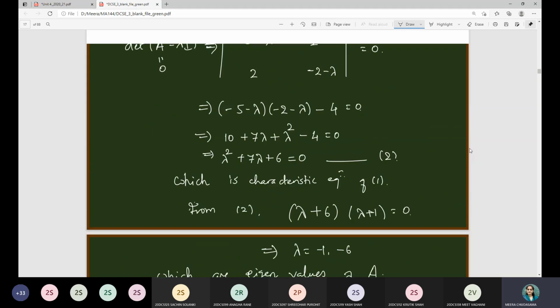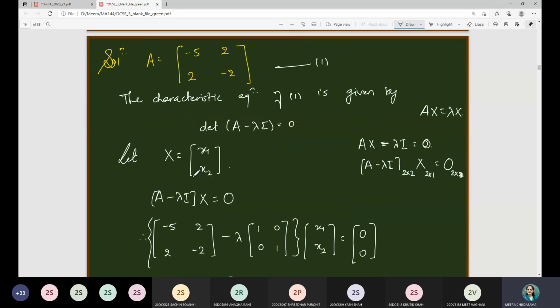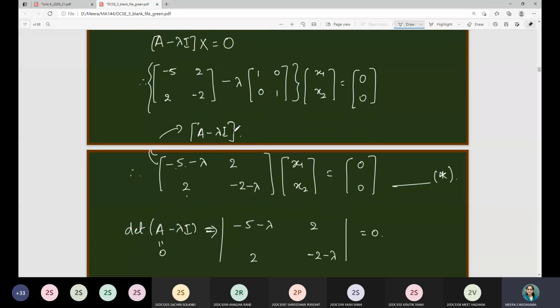So if you go through the solution now, first we have to find out the characteristic equation. It is up to you, you can evaluate this expression star as and when required. And I did it in the beginning so that the determinant portion can be directly found out. Otherwise you can do it separately also. So first step is consider the characteristic equation. Second step, find out eigenvalues. Third step, eigenvectors corresponding to eigenvalues, right? And finally you will have the eigenspace.